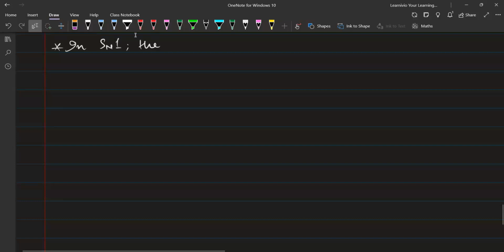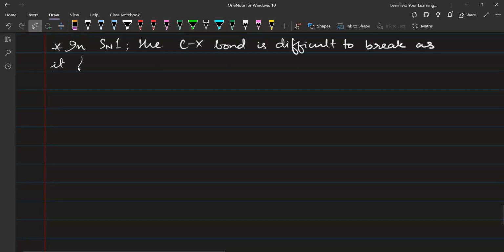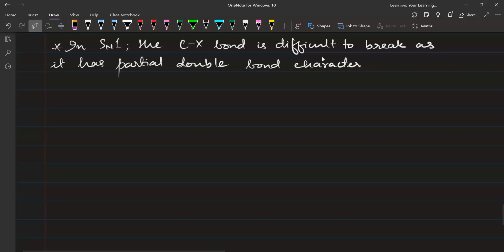In SN1, the carbocation, rather the CX bond is difficult to break as it has partial double bond character. It has partial double bond character. ठीक है, that is why it will be difficult to break. अब उसके बाद difficult to break तो है ही,